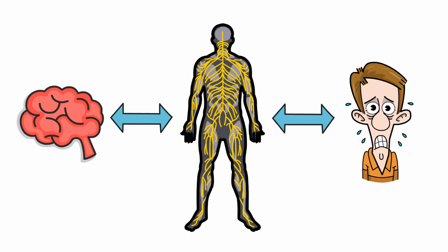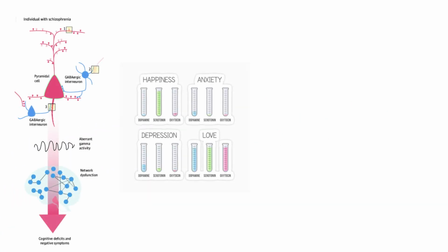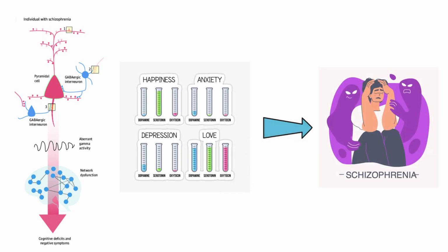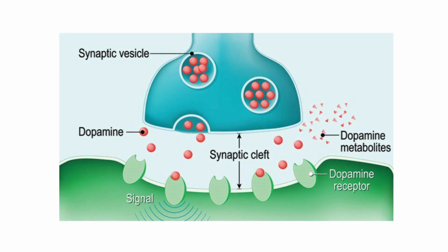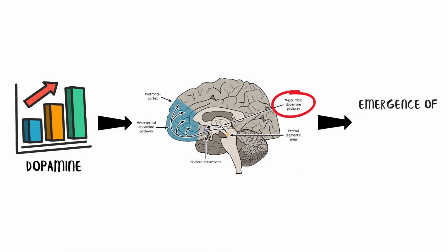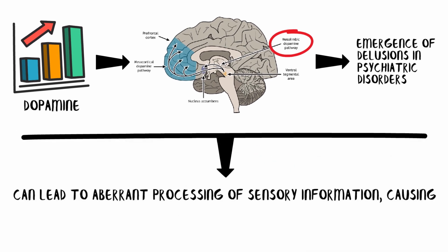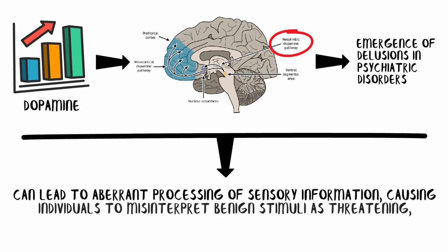When it comes to delusions of persecution, researchers delve into how alterations in neural circuitry and neurotransmitter imbalances might contribute to this disturbing symptom. One key player in this investigation is the neurotransmitter dopamine. Studies have suggested that elevated dopamine levels in specific brain regions, such as the mesolimbic pathway, are linked to the emergence of delusions in psychiatric disorders. Excess dopamine activity can lead to aberrant processing of sensory information, causing individuals to misinterpret benign stimuli as threatening, thereby